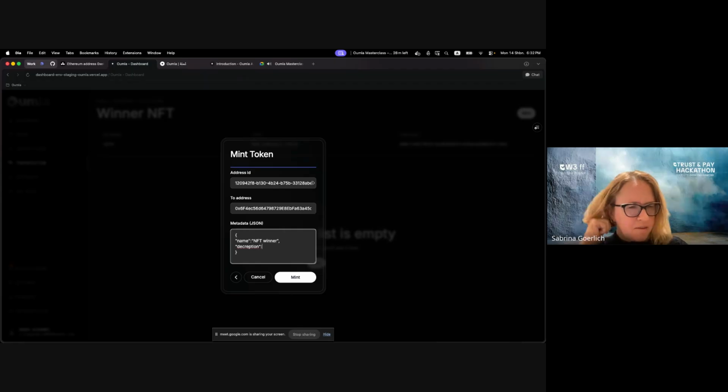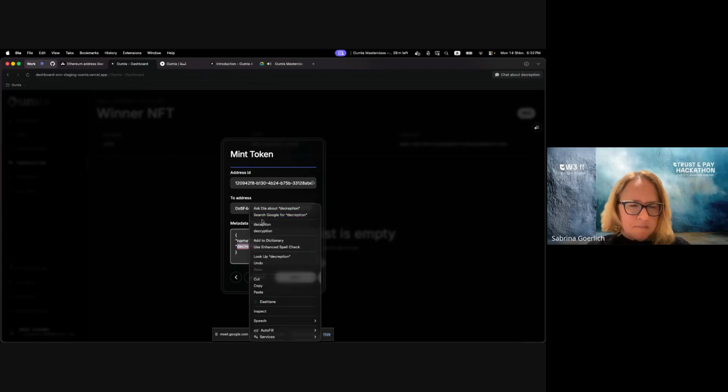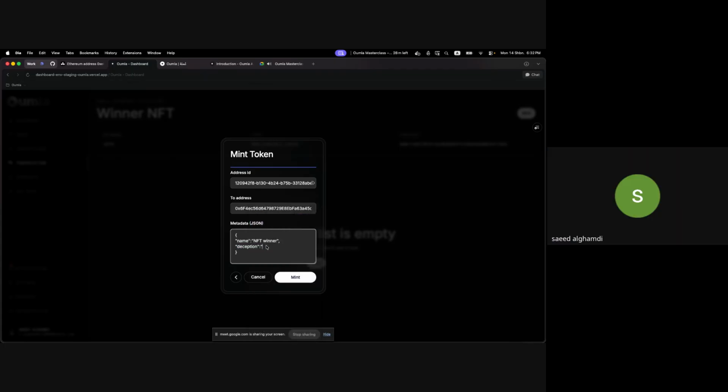So maybe their team, their idea, winning idea or something like that. So this will be limited for the winner. And as much as possible of the metadata that you want, an image or something, you can create it here, and so on. So let's mint now for this NFT.